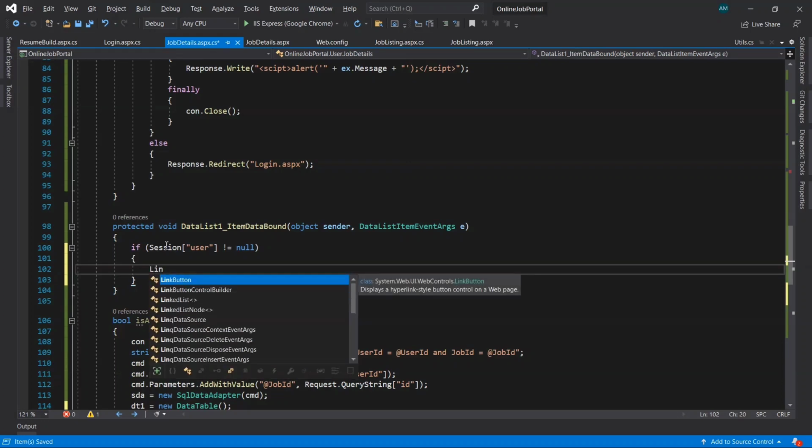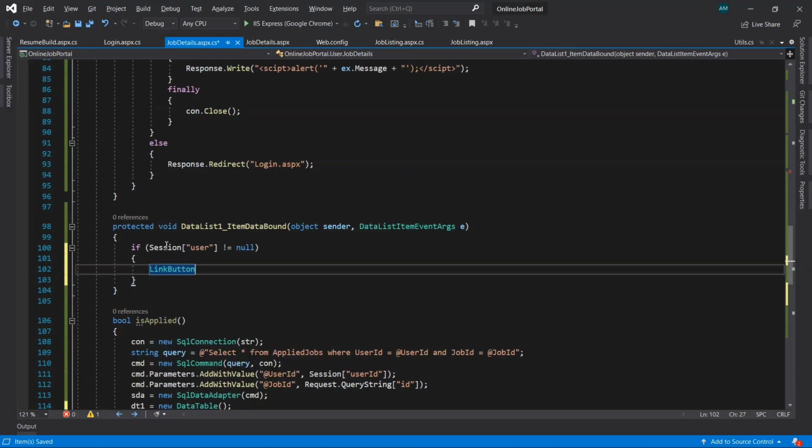Now we'll take here the link button, btn apply job, e dot item dot find control.